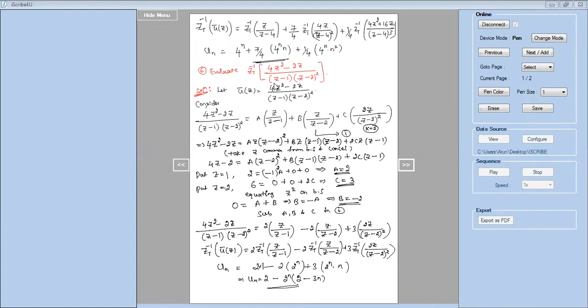So this is how we can find the inverse Z transformations for a problem. Every problem will be of the same type here. If you have linear repeated factors like this, this is how we can find inverse Z transformations. So like this, there is one more problem. I'm going to give it to you, so that problem you can try at home. I'll just write down the problem. Just observe that.